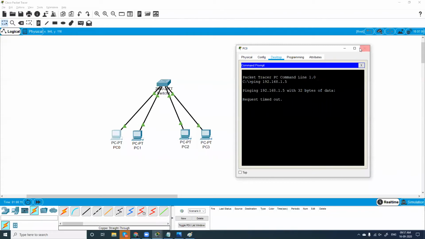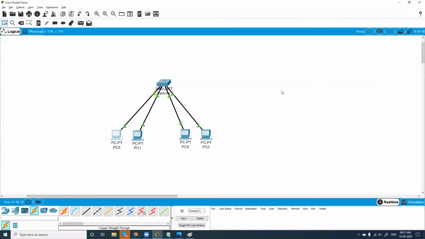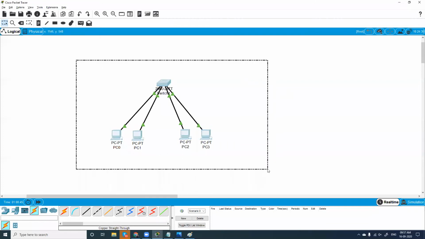So subnetting, yes, it is used for a smaller network. Probably your ISP is going to use a lot of subnetting, but for companies, subnetting usage is very less, but it is mandatory for you guys to know what subnetting is, right? But inside a company, if they have so many computers, it is very obvious they will go for VLAN configuration to separate a single network into multiple networks and to control access to resources and a lot of other things, right? So VLAN configuration is mandatory, and this will be a to-do for you guys. This will be to-do number 2.